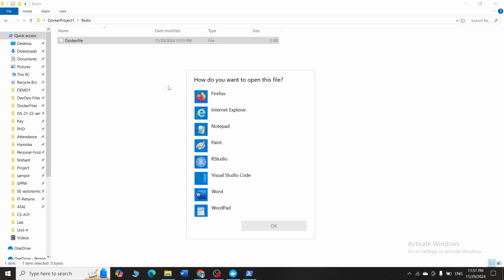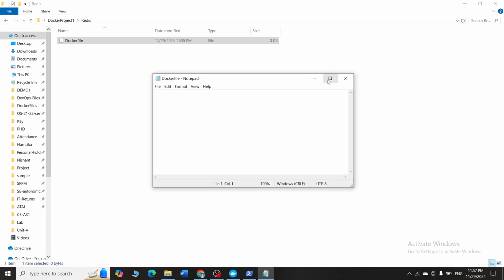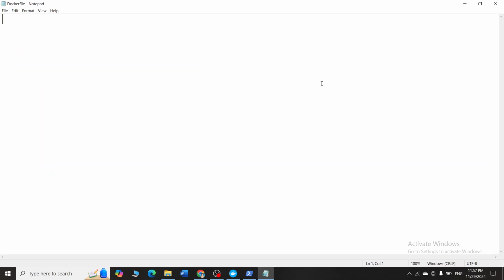Open this. You can open it using any text editor: Notepad++, Visual Studio Code, WordPad, Notepad, anything. I'm opening it with Notepad. Now inside this, I will write the instructions for my Docker so that it can create and run the container.